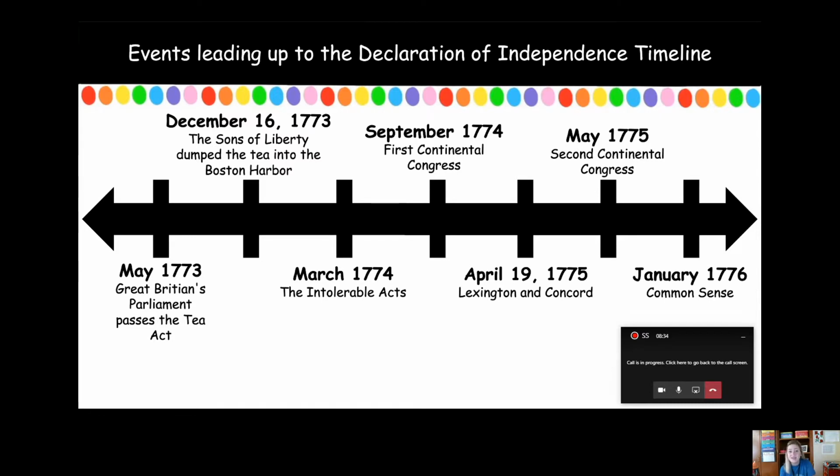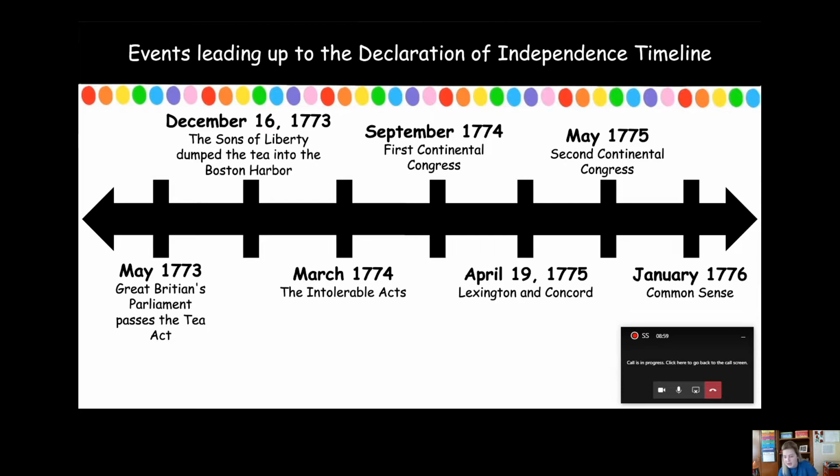This was their form of protest because they thought it was ridiculous that they could not get tea anywhere else and they only could get it from Great Britain. Okay, and it was a ridiculous tax. So this is how they protested, and they showed them. Unfortunately, it did not come out the way they wanted because in March of 1774, Great Britain passes the Intolerable